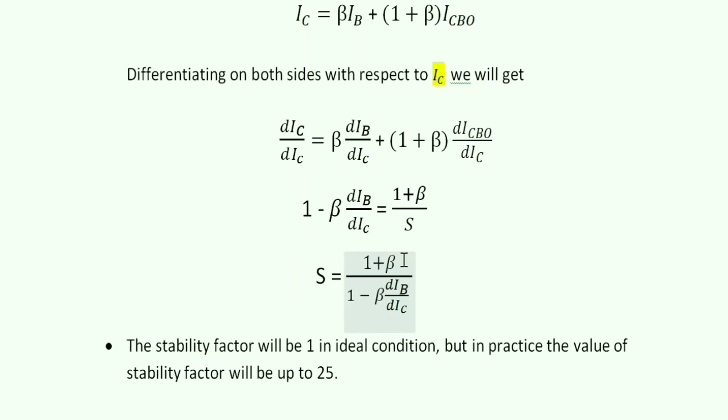To calculate the stability factor, we have to substitute the IB and IC values of a circuit. If the stability factor is less than 25, then it can be somewhat stable and we can get faithful output. If it is greater than 25, it is not a faithful circuit. And for stability, if the stability factor